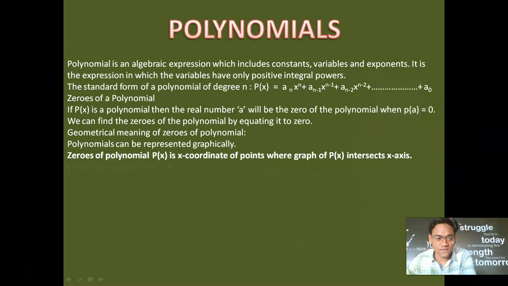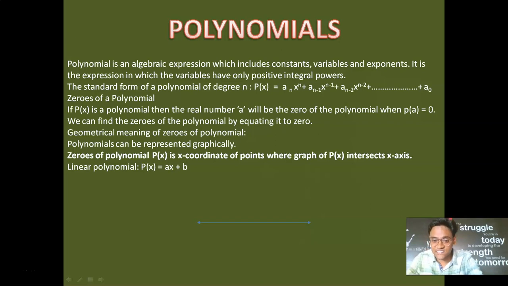Let me take this example of linear polynomial px is equal to ax plus b. I have written it in the general form. Okay, if I want to make the graph of this px is equal to ax plus b, so for that I have to take distinct values of x, and I'll be getting the distinct values of px for that. Okay, now students, let me show you what kind of graph we are going to have. We are going to have a straight line, because this is a linear polynomial.